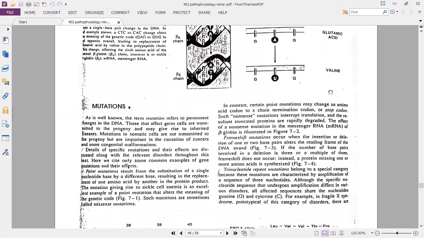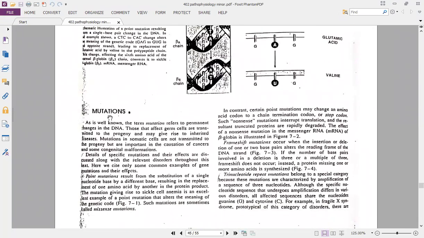Now, when we're discussing mutations, mutations could either be genetic mutations or chromosomal mutations. First, we'll be discussing genetic mutations and then we'll come to chromosomal mutations. Mutations basically refer to a change in the genetic sequence. In gene mutations, we refer to the idea of point mutations. Point mutation means that at a certain point, a base got added, inserted, or substituted. In any of the three, point mutation means that a single nucleotide changed.